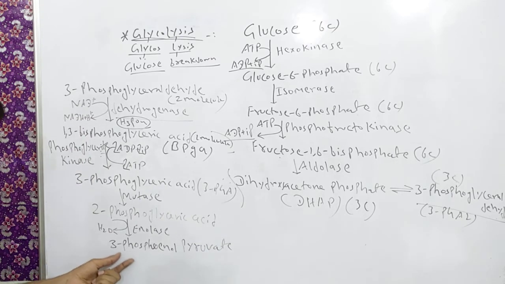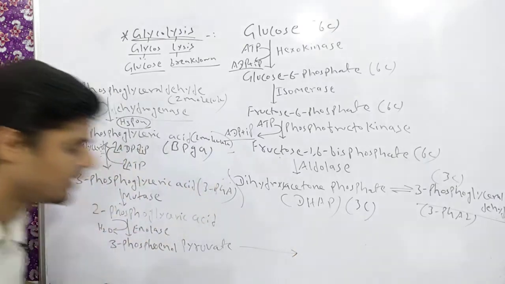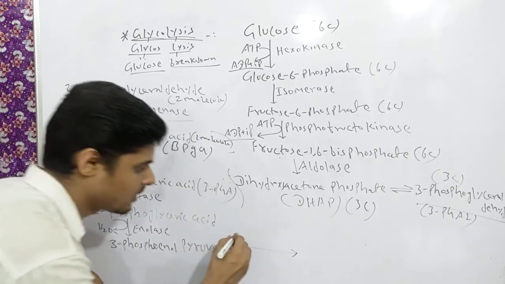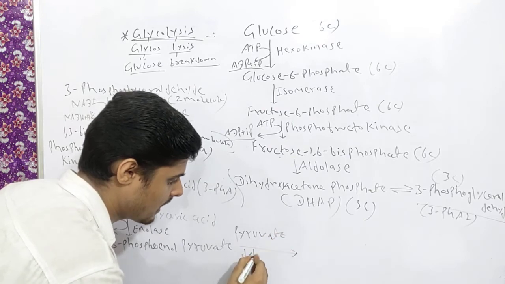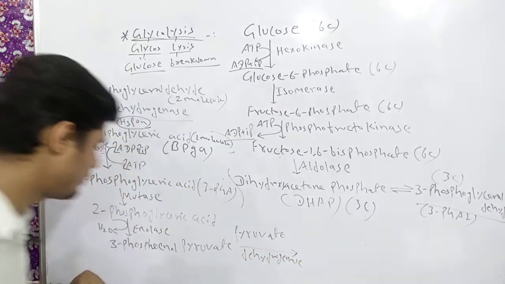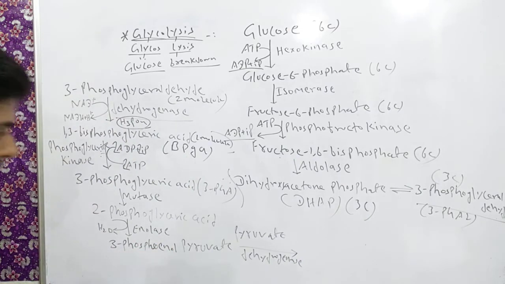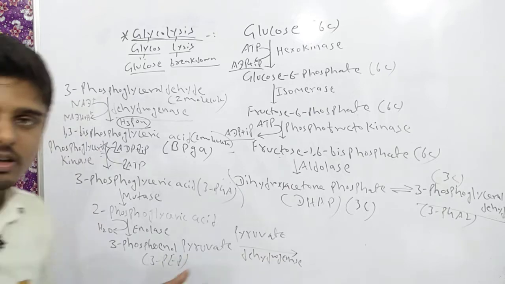And on this phosphoenol pyruvate, pyruvate kinase works, which converts phosphoenol pyruvate, you can say in short PEP,